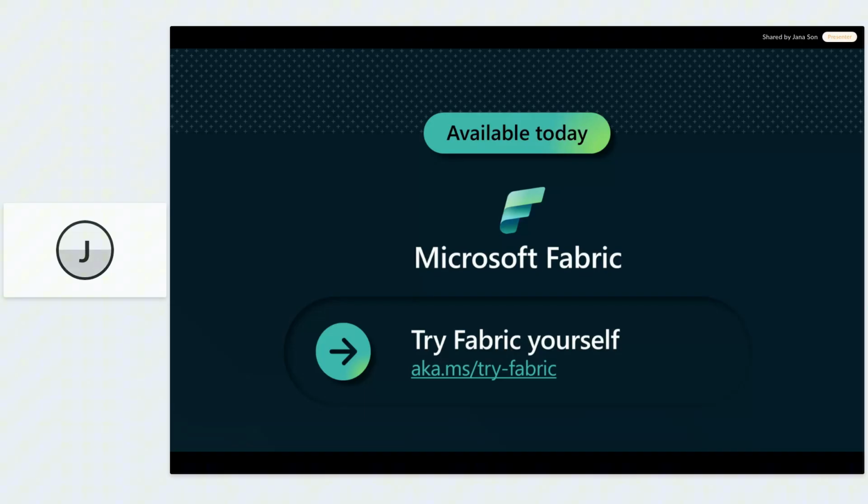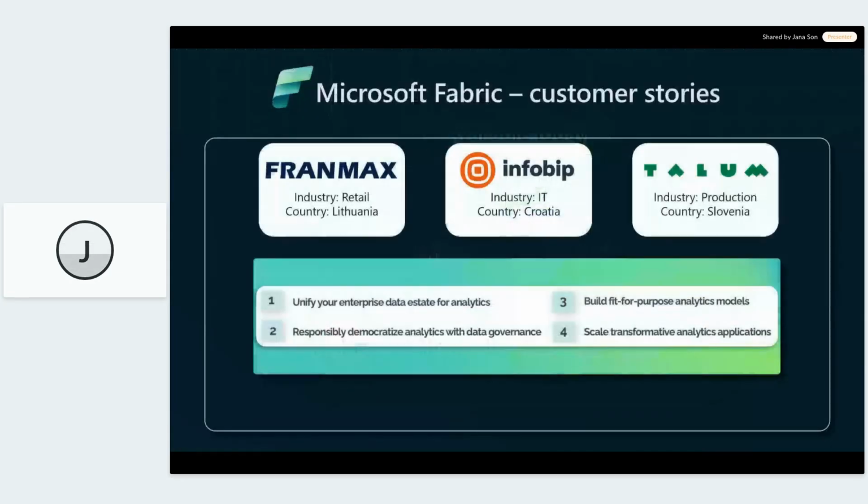But actually, the best way to test Fabric is to apply it to a practical task and actually go ahead and maybe go through a pilot project, build an MVP, for example, going end-to-end from source to report with Fabric. As I mentioned, Microsoft have really nice funding programs here for customers to pilot the technology with the support of a specialized partner.